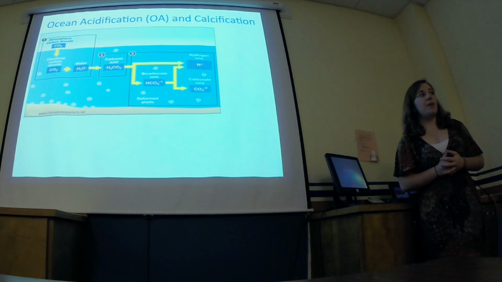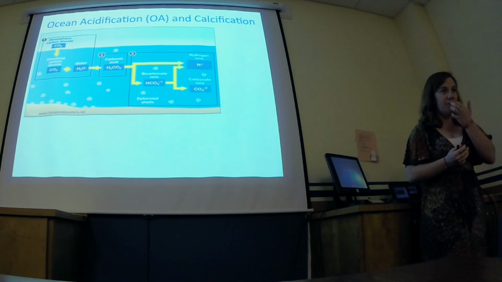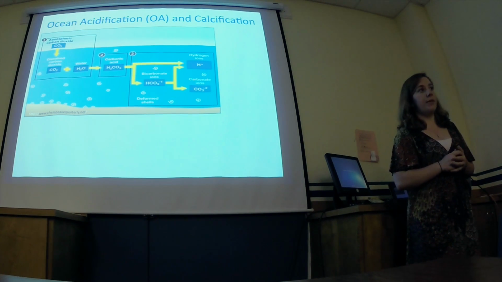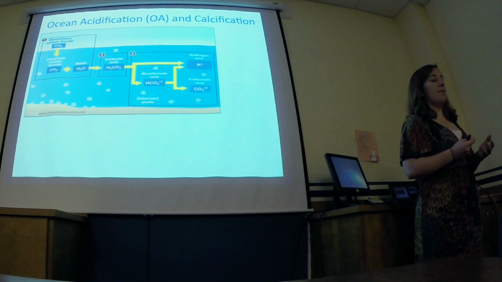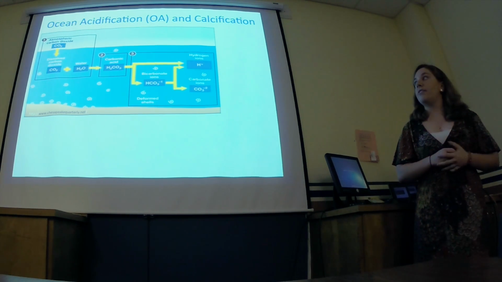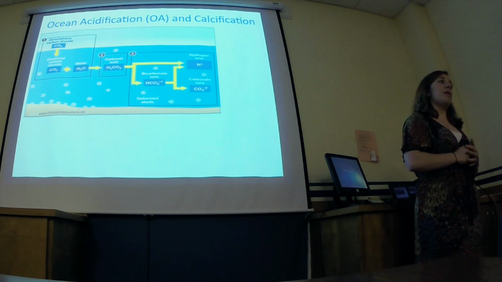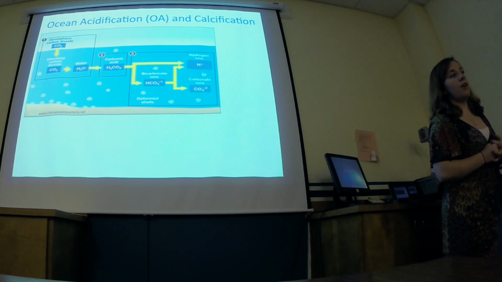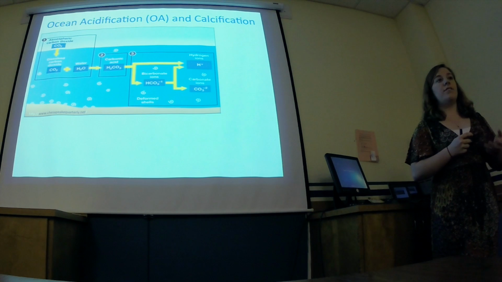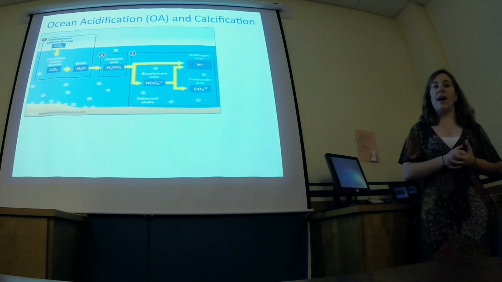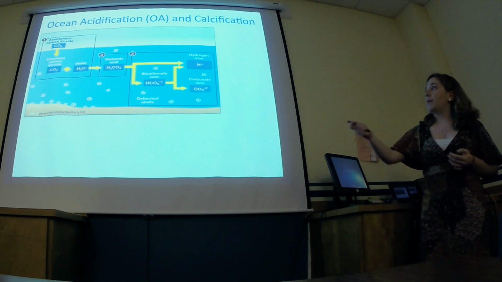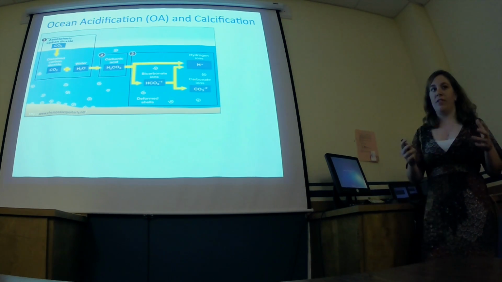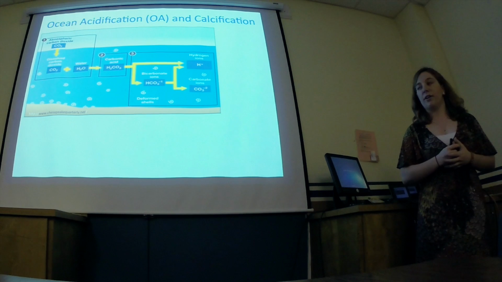So first off, a little bit of background on what ocean acidification is. So we all know that there is an increase of CO2 being released into the atmosphere, mostly from anthropogenic sources. And this is causing an increase in the partial pressure of CO2, which is driving more CO2 to dissolve into the world's oceans. Once in the oceans, the CO2 is reacting with water, and it is forming carbonic acid, which has a short life because of the actual chemistry of the seawater.